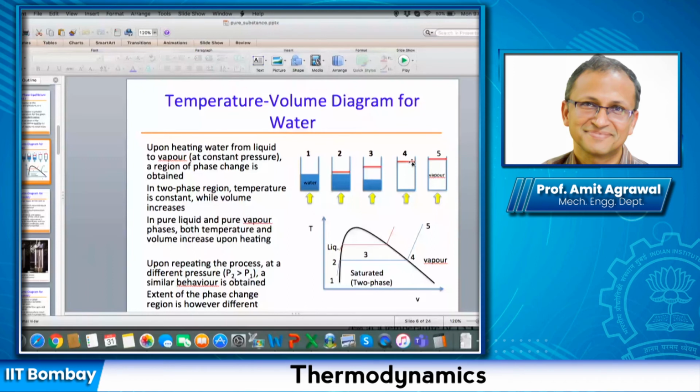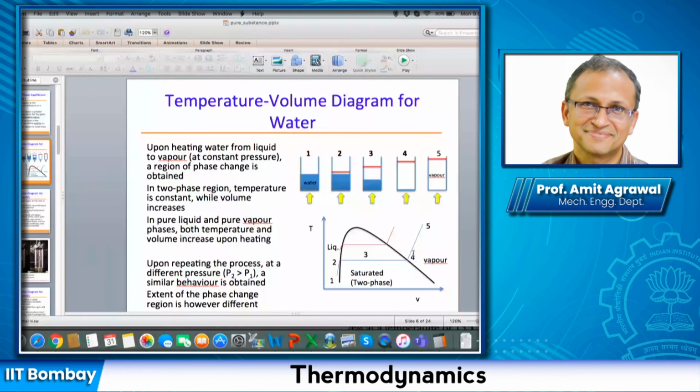Now, from here, I am measuring various properties, whether it is V, T, pressure, enthalpy, or entropy. Of course, enthalpy and entropy may not be directly measurable, but we somehow have the values of the enthalpy, entropy, and so on. So you can assume that this is the process that I'm following, this is the experiment I'm doing, and from this experiment, I'm getting the value of these properties. And then all I'm doing is plotting them.